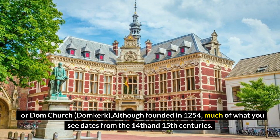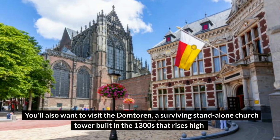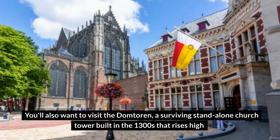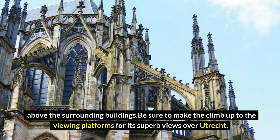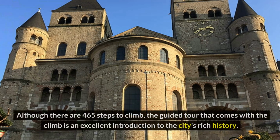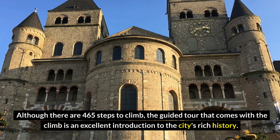Although founded in 1254, much of what you see dates from the 14th and 15th centuries. You'll also want to visit the Domtoren, a surviving standalone church tower built in the 1300s that rises high above the surrounding buildings. Be sure to make the climb up to the viewing platforms for its superb views over Utrecht. Although there are 465 steps to climb, the guided tour that comes with the climb is an excellent introduction to